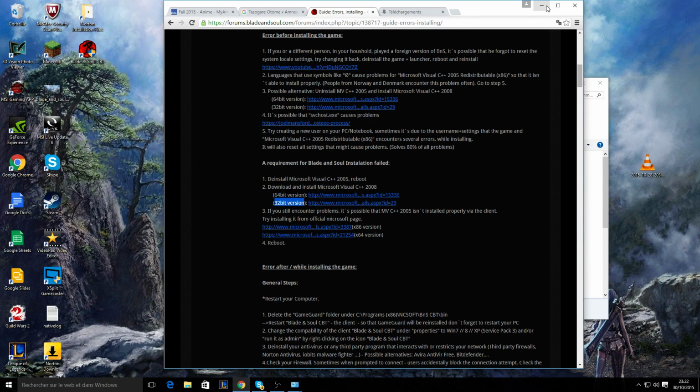And then try to install your launcher once. So you do that, try to install the launcher, and if it works, then good for you. If you keep getting the bug where it says a requirement for Blade and Soul installation has failed,